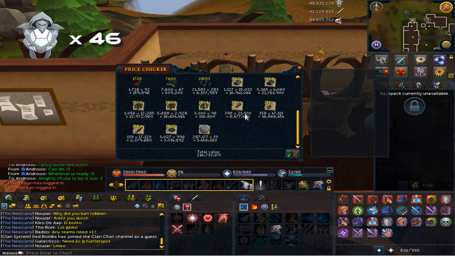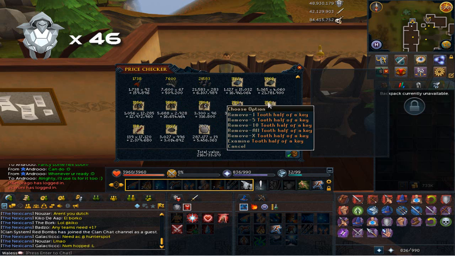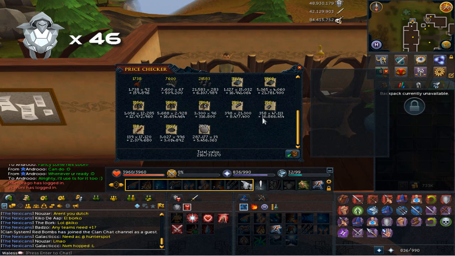And then onto the tooth and loop halves, as you can see, almost 400 loops, which is 8.4 mil, and 358 tooth halves, which is basically double the value, which is 16.8 mil. So yeah, that's kind of interesting. 139 dragon daggers, they're 2.3 mil. I do have, I think, overall now almost 200 dragon daggers just from general PVMing and slaying, so that is